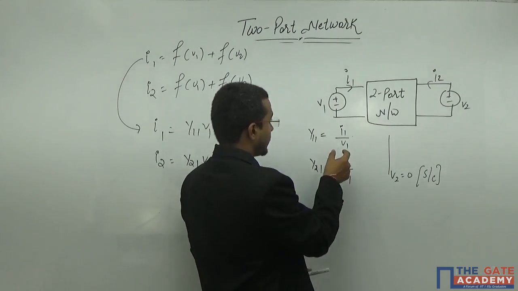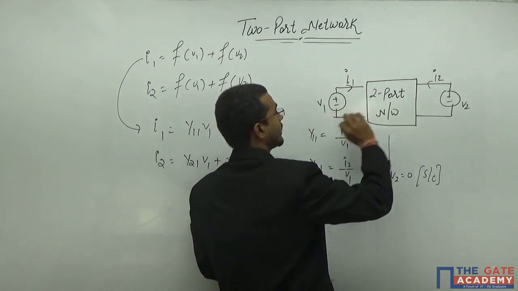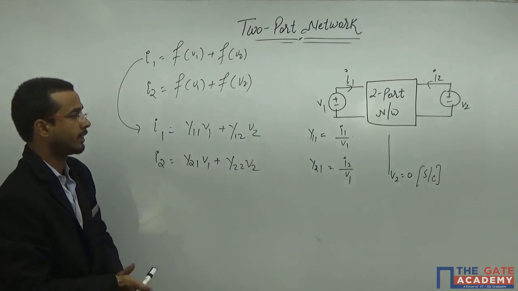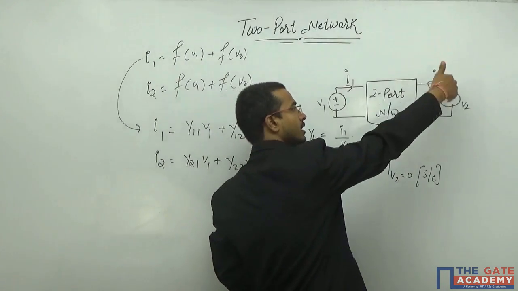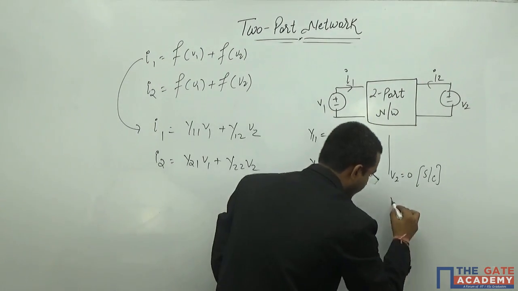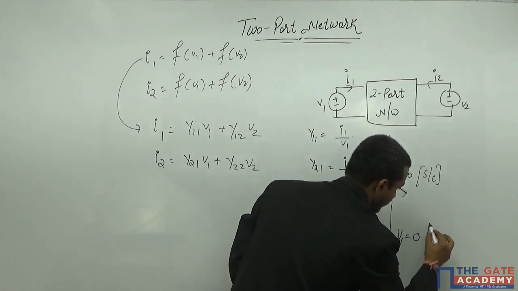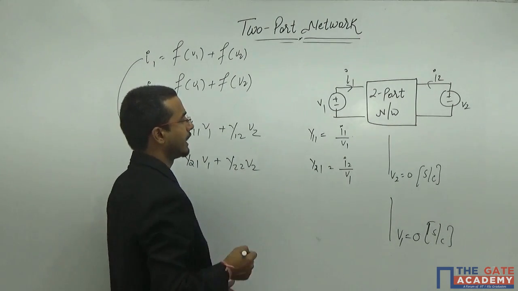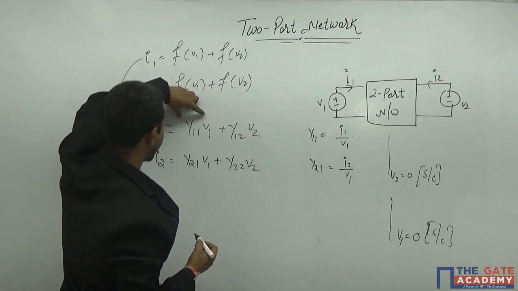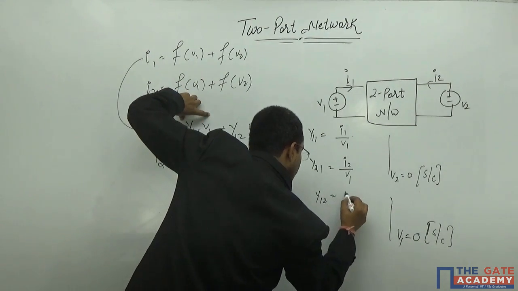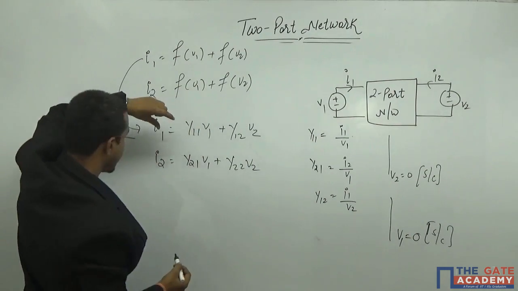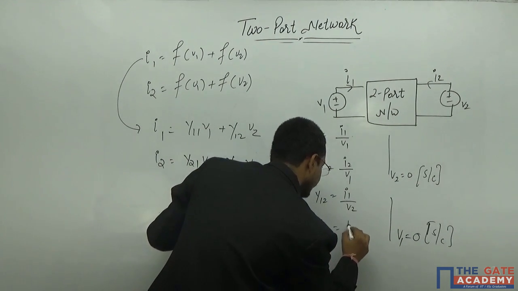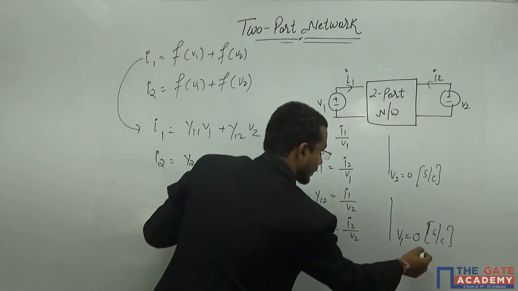That means this I1 is a function of V1 and this I2 is a function of V1. This is what you get when you remove the second side source. Now I will apply the homogeneity on the other side. That means I will remove this and I will try to measure I1 and I2 as a function of V2 only. As you apply here, you will get Y12 is equal to I1 by V2, and here you will get Y22 is I2 by V2. And the condition is this.